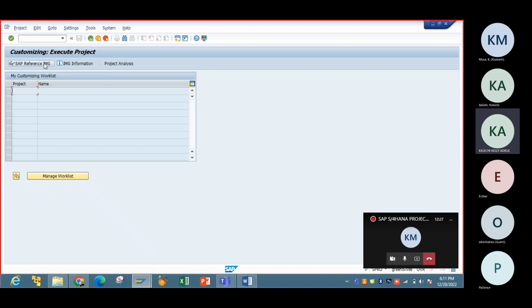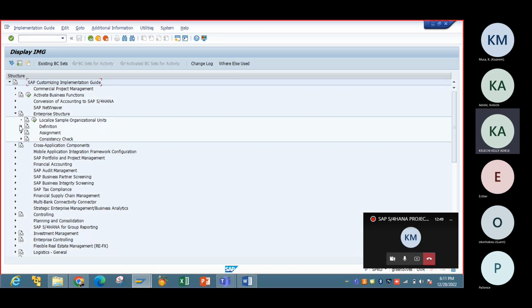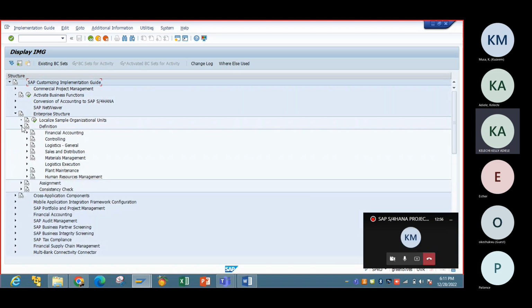So when you go to SPRO, it takes you to the back of the SAP S/4HANA system. It is at the back, at the configuration screen, that you actually do your configurations. All your configurations happen at the implementation screen. So the first thing we said last time is to look at the enterprise structure. And we went to the enterprise structure, which is the way the company is structured. We looked at the definition of the structure. And under that, we had the